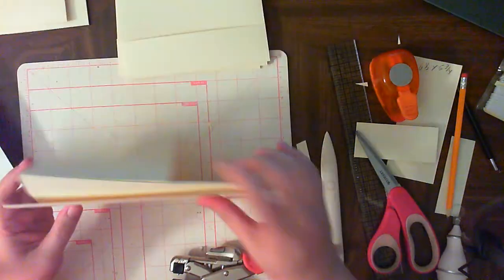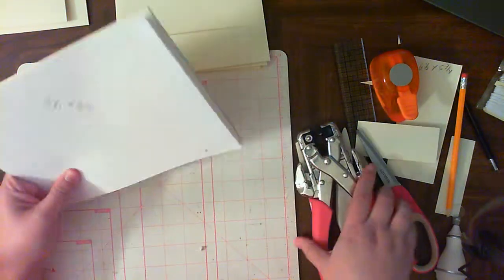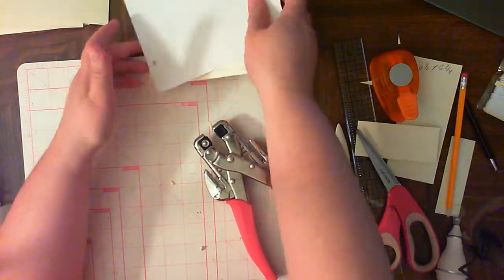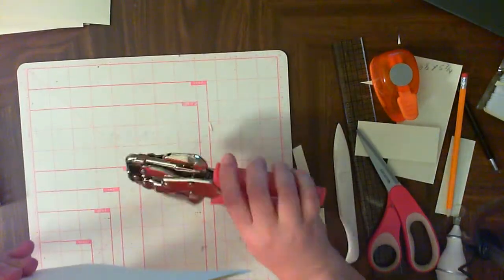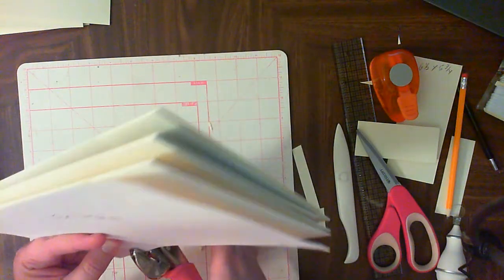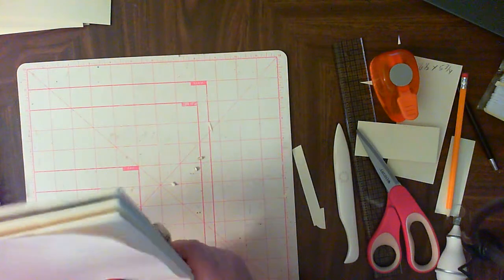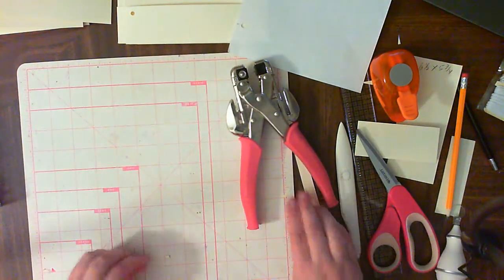Okay, done those 2. Just gonna save a step, line them up, and punch, and punch. It's a little harder to go through the bottom because you're going through your pocket too. There we go. Now we have them all punched,